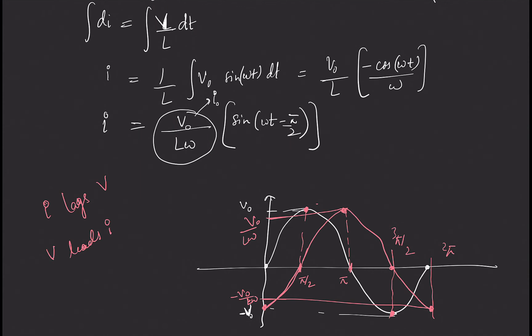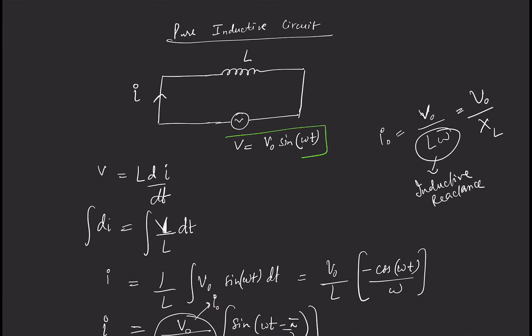So now we have to remember this, and why we have to remember this is because if we are given an instantaneous voltage, we can quickly find the instantaneous current without going through all this derivation and integration steps. So simply we have to remember that if instantaneous voltage is V naught sine omega t, then instantaneous current is sine omega t minus pi by 2, because voltage leads current in case of inductance, and we have to find the peak value of the current, which would be simply V0 by XL.